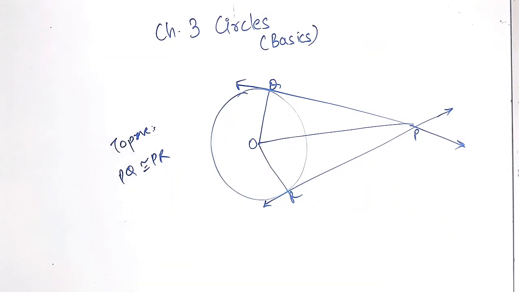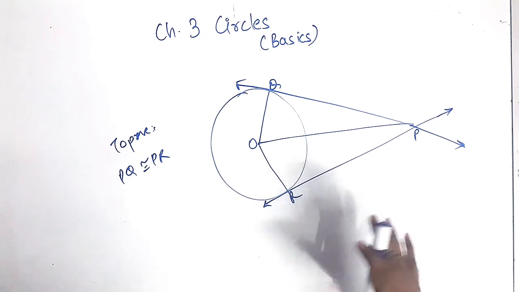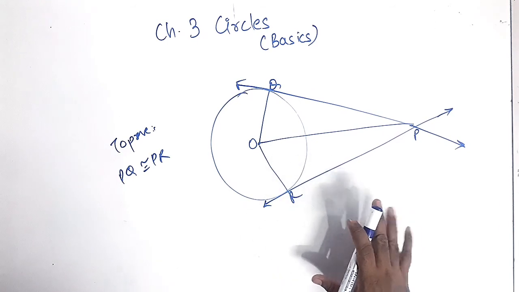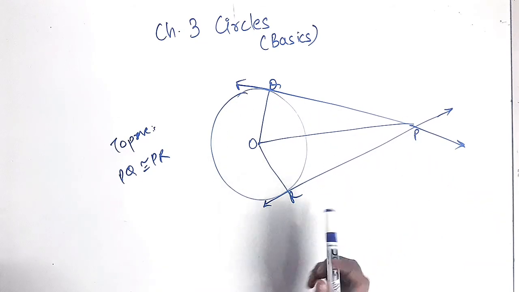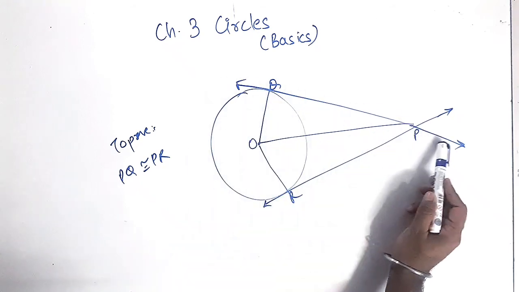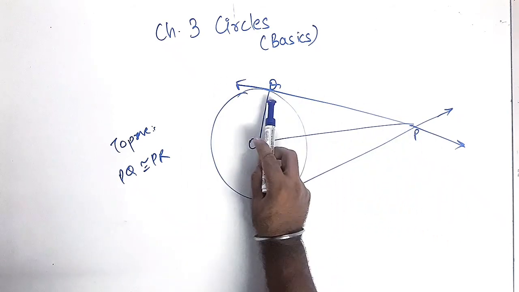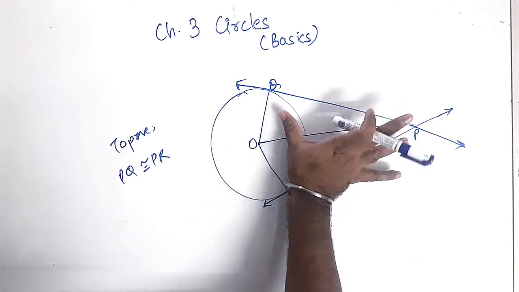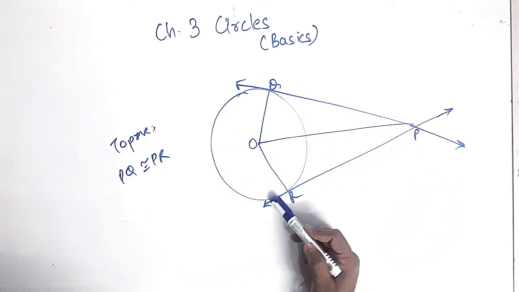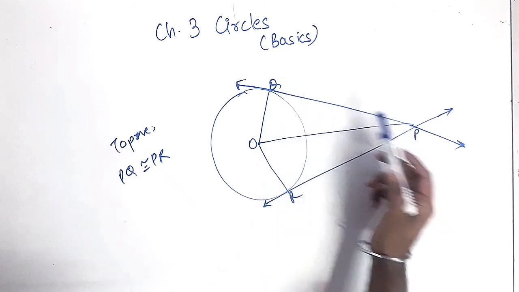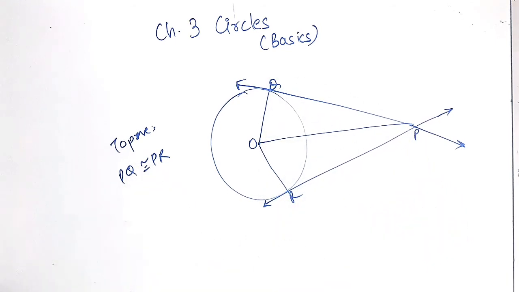The important theorem is on your textbook page number 53, you can go through the theorem. I am just giving you the overall explanation of this theorem, which says that tangent segments drawn from an external point are congruent. Now you can see PQ is a tangent, but I will call this PQ only segment. If you see segment PQ, it is called a tangent segment. So if they are drawn from an external point P, tangent segment PQ and tangent segment PR, we have to prove them congruent. So it is very easy.